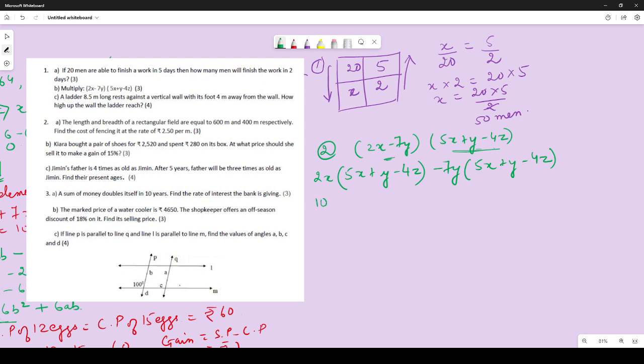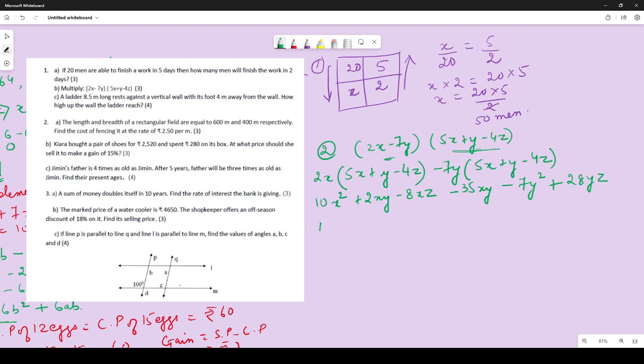So what you get over here is 10x square plus 2xy minus 8xz. Now minus 35xy minus 7y square plus, because minus into minus will be plus, 28yz. So that would be over here. Now the common terms over here are only xy. These two are xy. So the final answer that you will be getting is